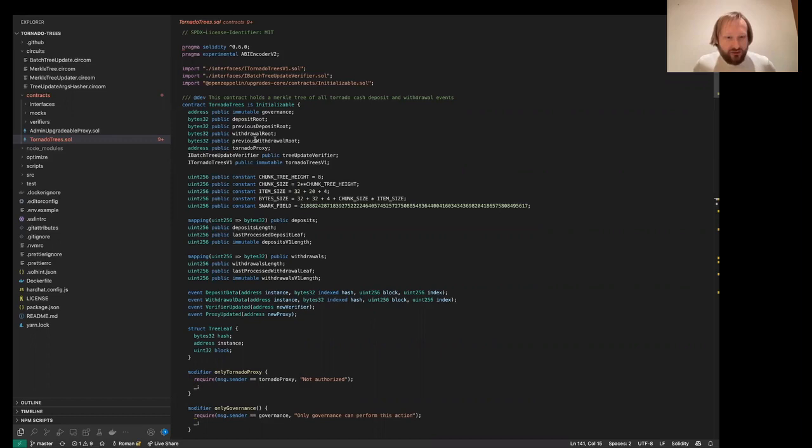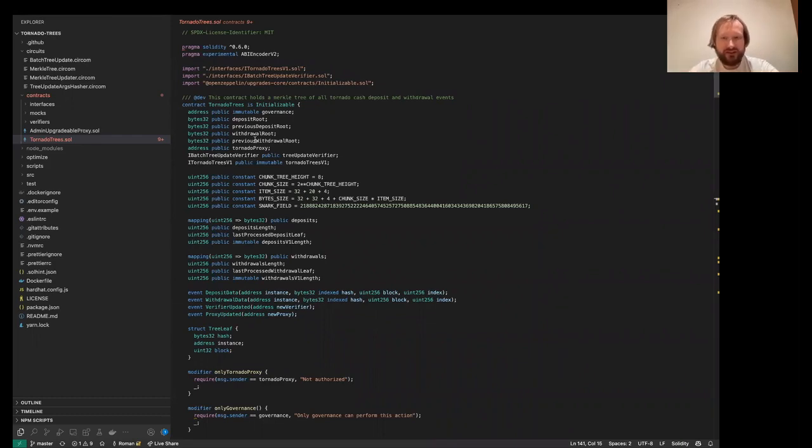Tornado Cash utilizes it for something similar, but it uses an updatable tree. So what if we want to add new elements to this tree, over and over? For example, this can be useful for rollups that have a stream of incoming transactions, and they assemble them in blocks and then publish blocks of transactions to the chain. What Tornado Cash does is a bit simpler. So it's not transactions, but just some data items.